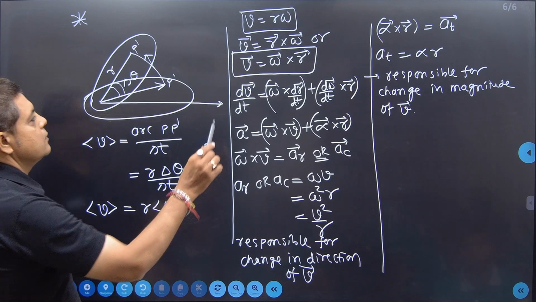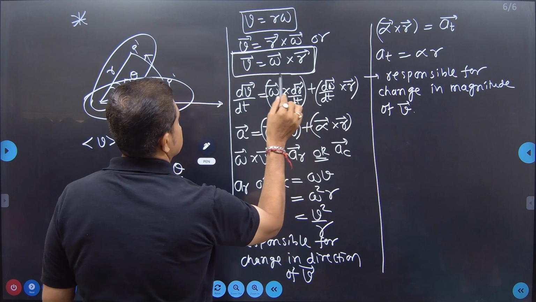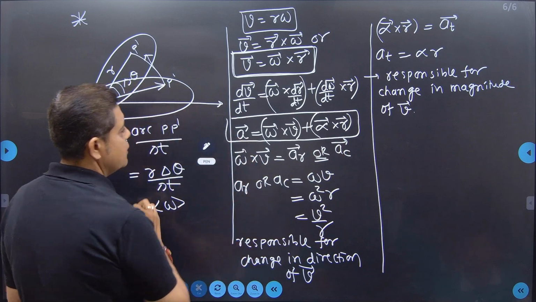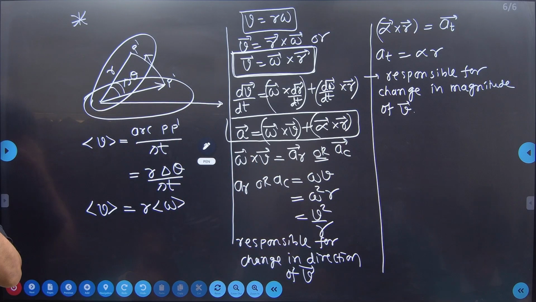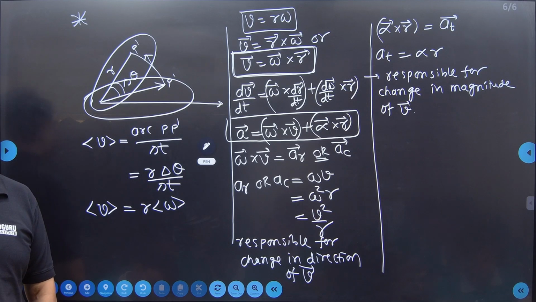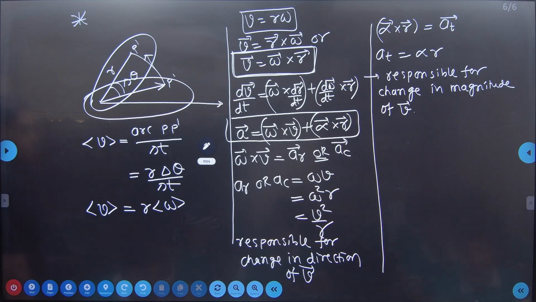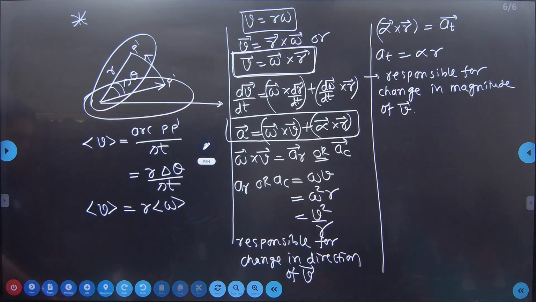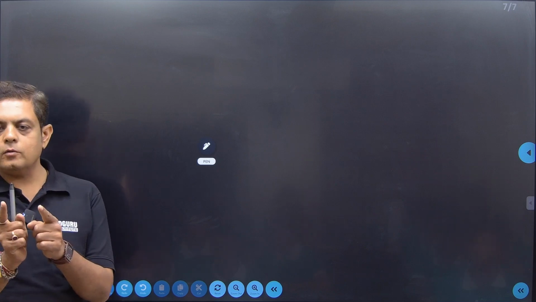So this is the linear vector relation between v and omega. And this is the vector relation between linear acceleration and angular acceleration. Clear? Now, if I consider uniform